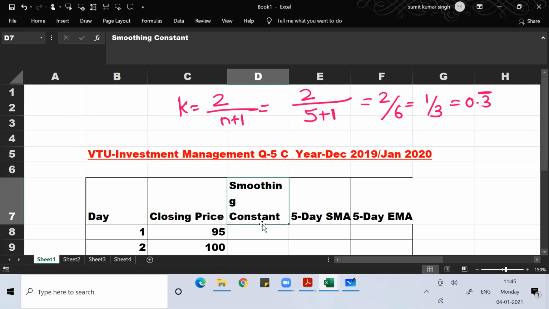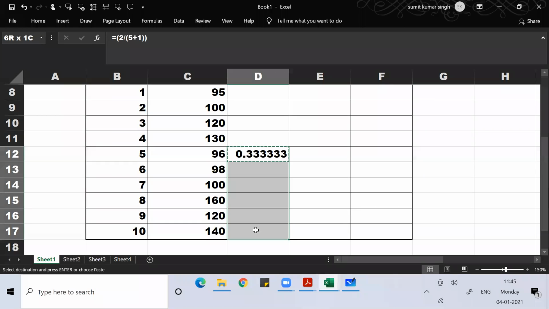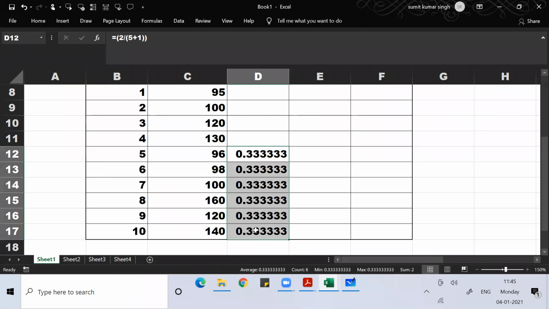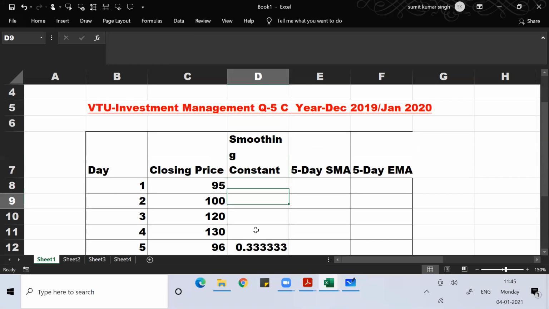The same thing I've done here. You want 5 days, so you can write the smoothing constant as 2 divided by 5 plus 1. So this is the smoothing constant, and that would be 0.333. It's a recurring decimal. Now, the first thing you should do is first determine the